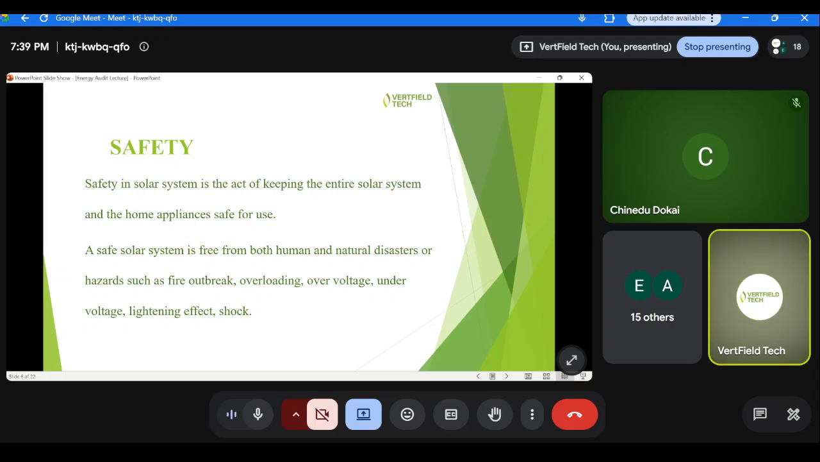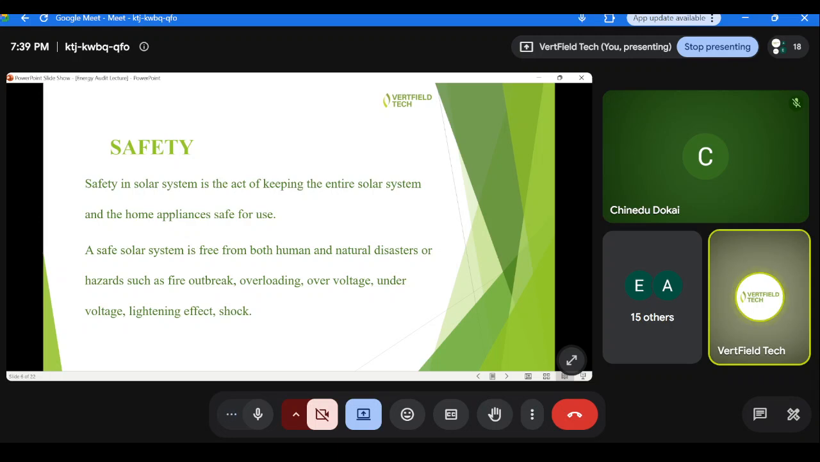However, the good thing here is that you don't actually need to turn off your inverter system or your solar system if it is properly installed, by ensuring that it is safe. Now, it being safe simply means that